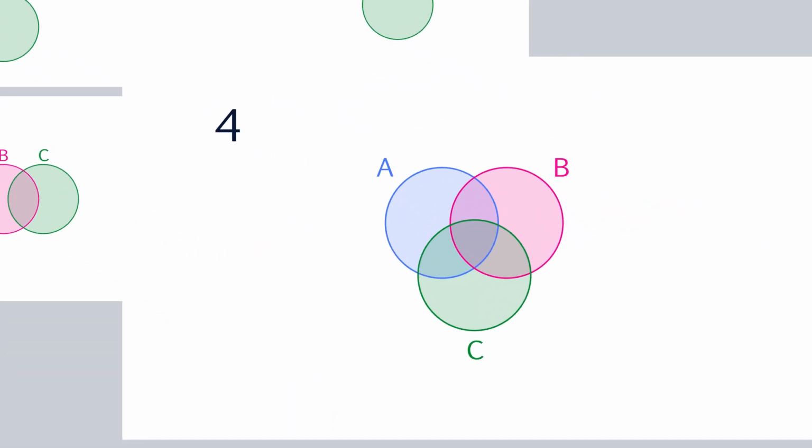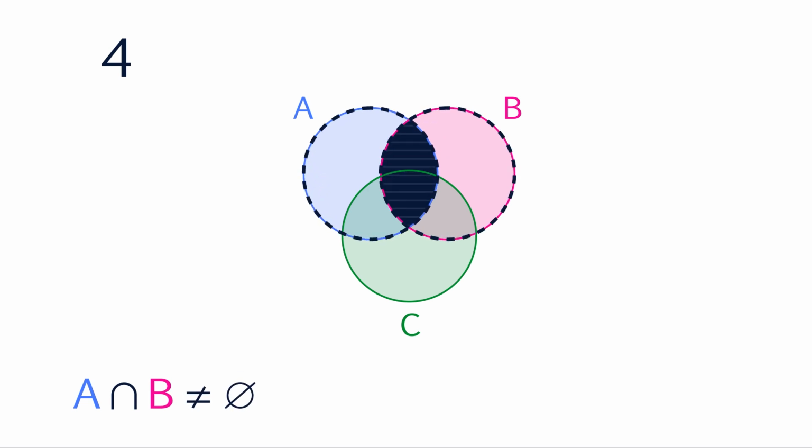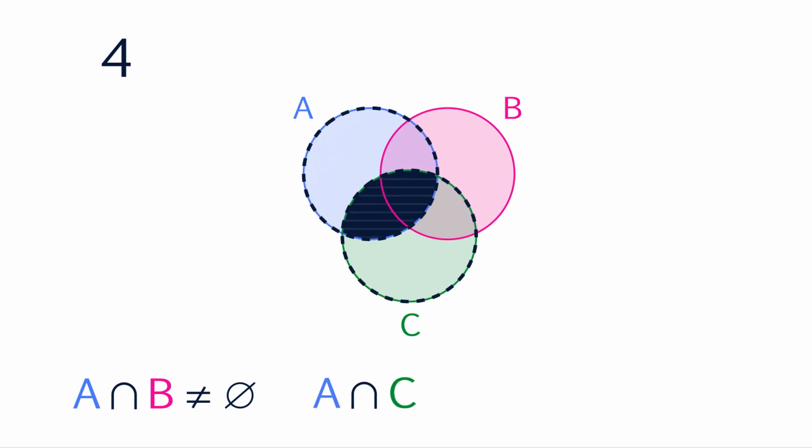In the fourth Venn diagram, all three circles overlap. This diagram is used when all three sets share elements with each other in some way. In this case, sets A and B share common elements. The intersection of sets A and B is therefore not an empty set. Sets A and C also share common elements, which means that the intersection of set A and set C is